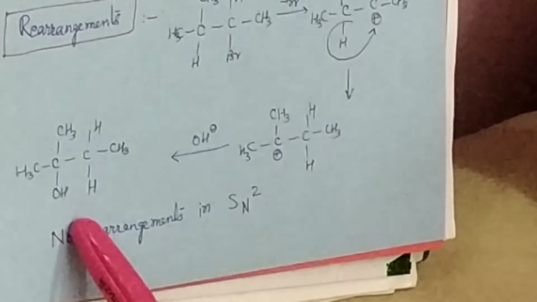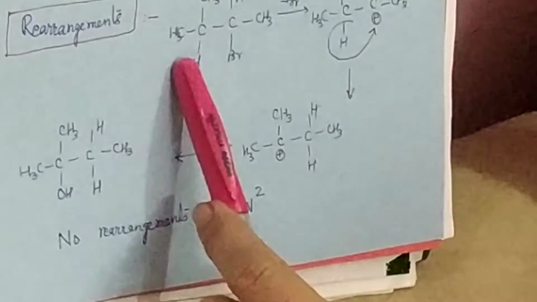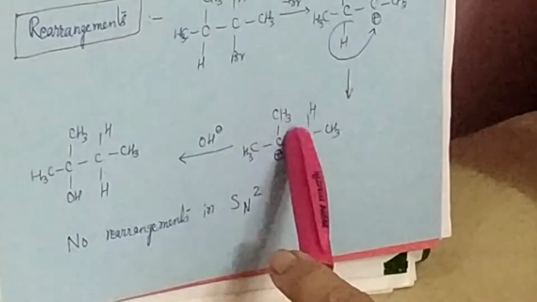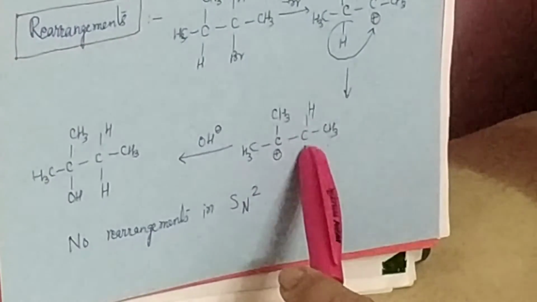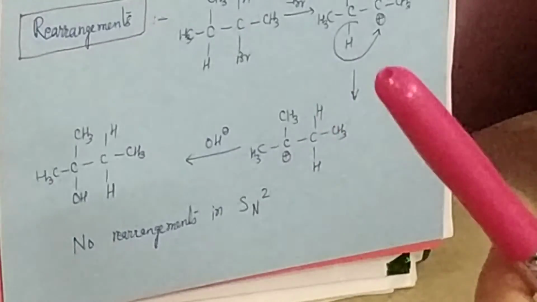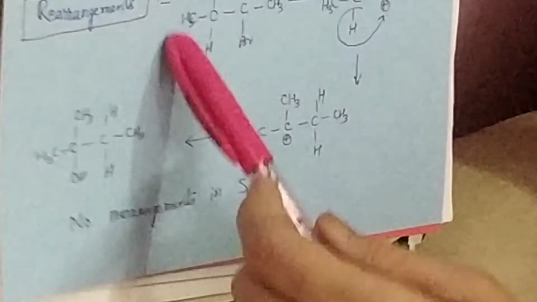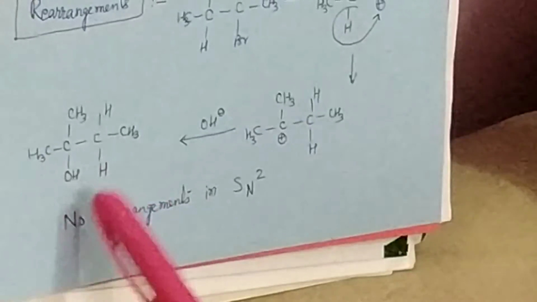So in this case, you can see that instead of the expected product, you obtain this kind of product here. We have discussed this so many times previously. Therefore, you know very well that wherever reactions proceed via carbocation intermediate, there is always a tendency for a stabler carbocation to be formed, and the order of stability of carbocations is that tertiary carbocation is most stable, followed by secondary and then primary, and last of all the methyl carbocation. So here also this order remains the same, and therefore the reaction gives you the products accordingly.